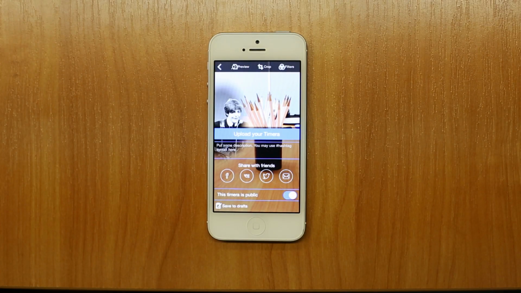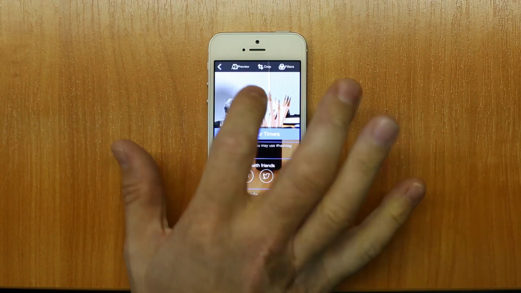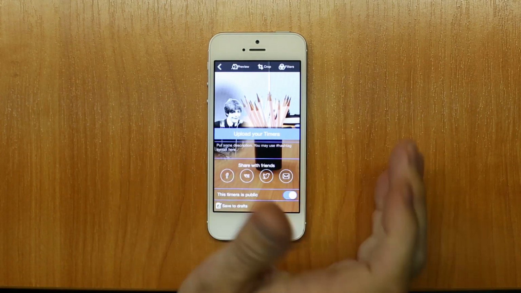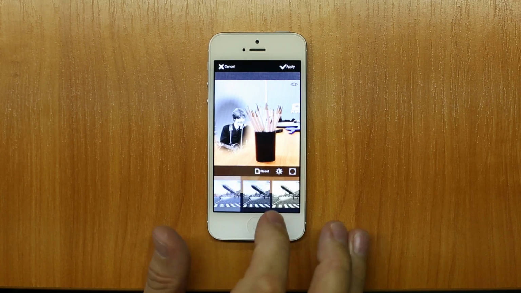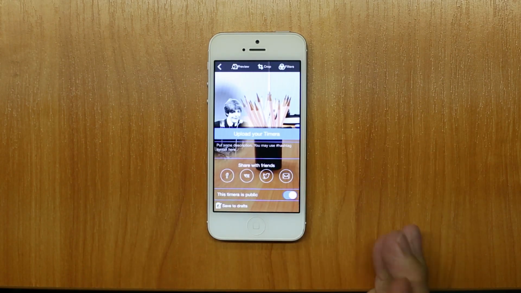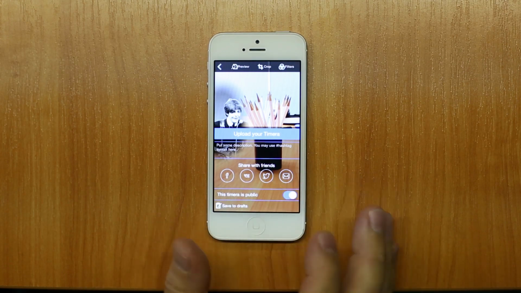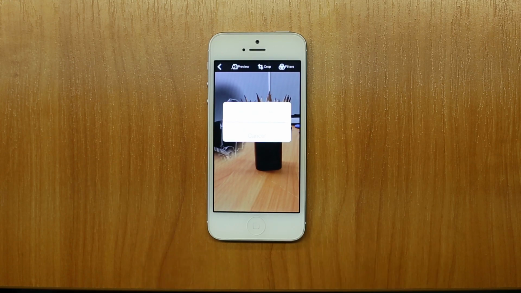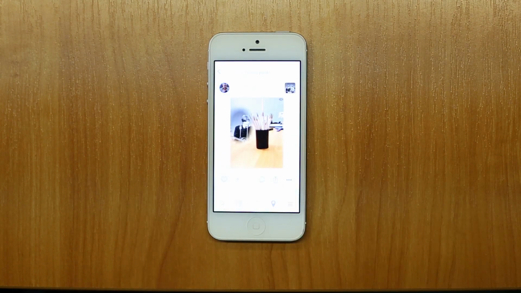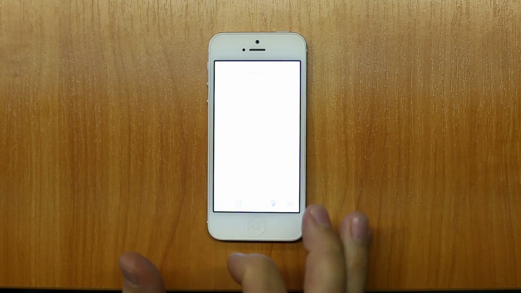Once you've taken the Timera, you get this upload screen where you can preview your Timera again if you like, or you can also crop it and put some filters on. All the usual filters are there. And at this point you can also share it with your friends on a bunch of social networks. But if you choose not to do that, you can just upload it, and I'll upload it to the Timera system. Nice and quick. And then you can now see it on the Explore screen,